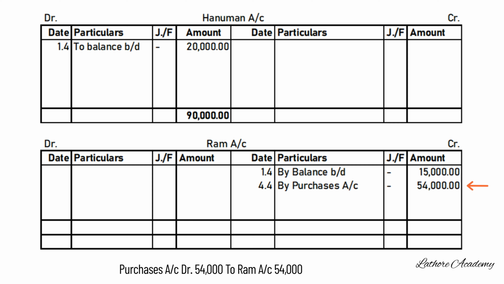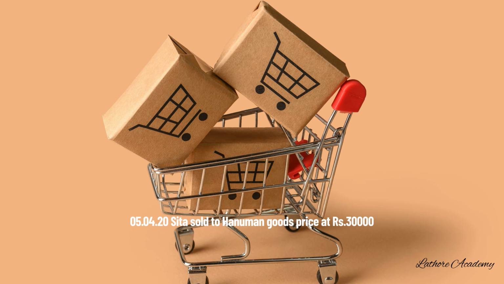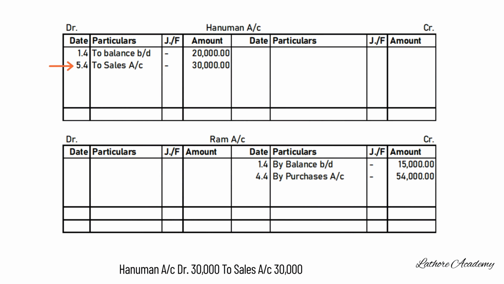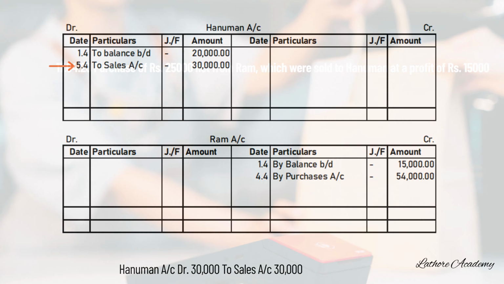Moving on to the next transaction. On 5th April 2020, Sita sold to Hanuman goods priced at 30,000 rupees. The journal entry for this transaction is Hanuman account debited to sales account. So while posting, we have to debit Hanuman as to sales account 30,000 rupees. Moving on to the next transaction, on 17th April 2020,